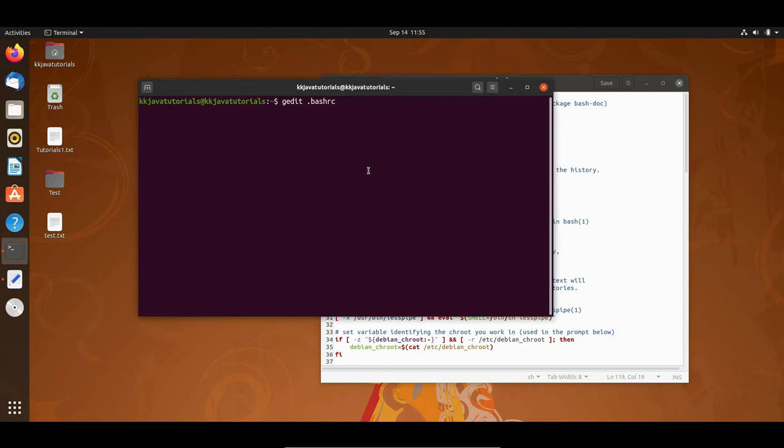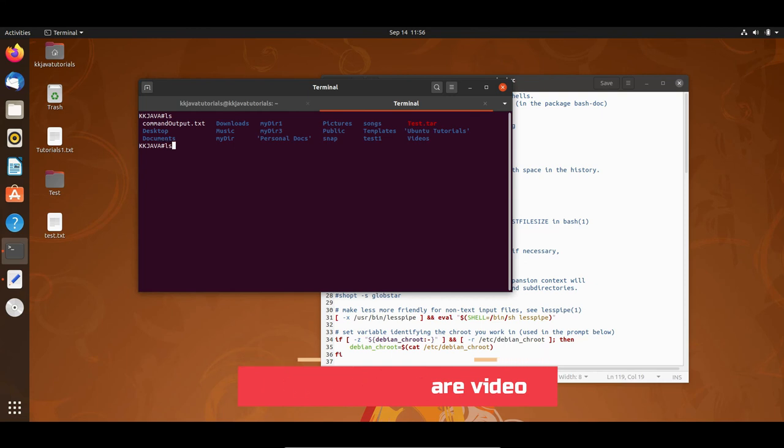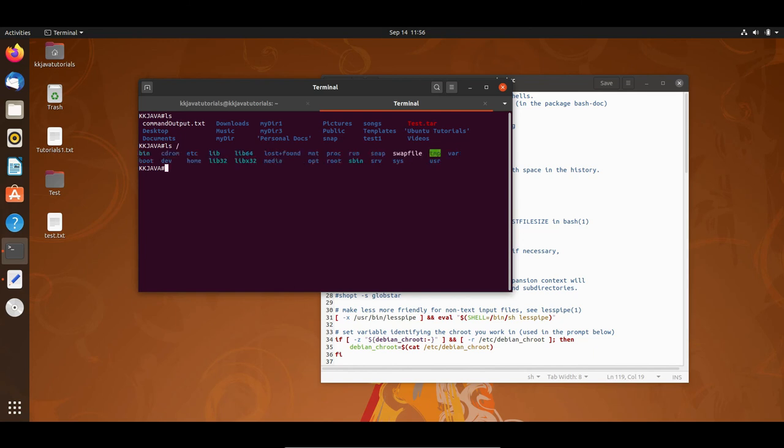That means I'm going to open a new session by opening a new terminal, and here you can see now it is showing KK Java hash. And of course you can use any command, like the ls command, I would like to see what directories and files are available in my root directory. All kinds of commands you can use. Here we can also use the alias we have declared, like WMI, right? And every command will work as usual, right?